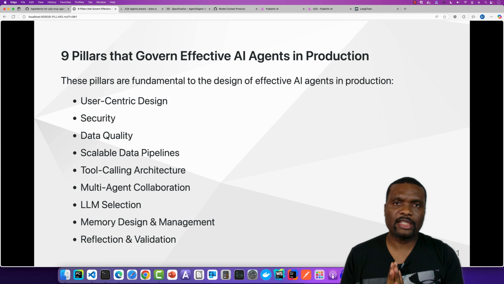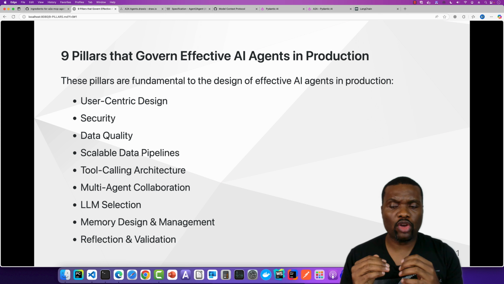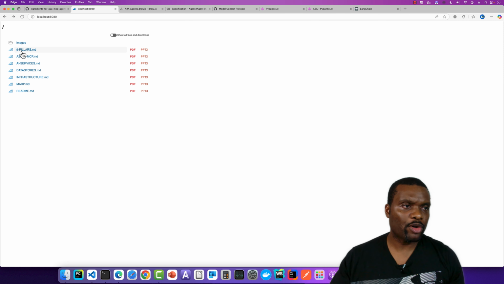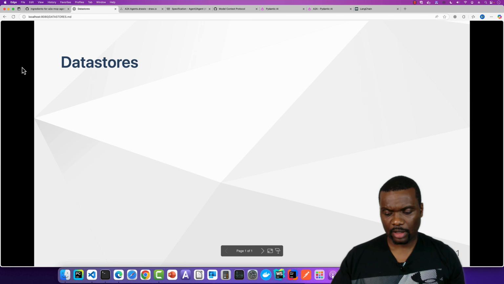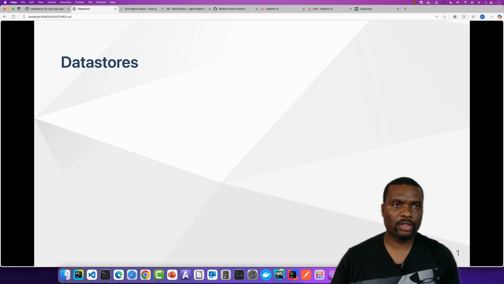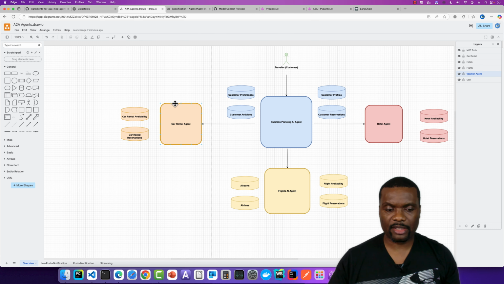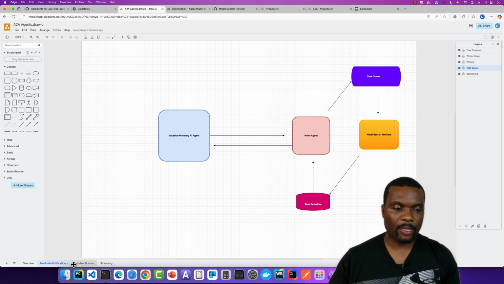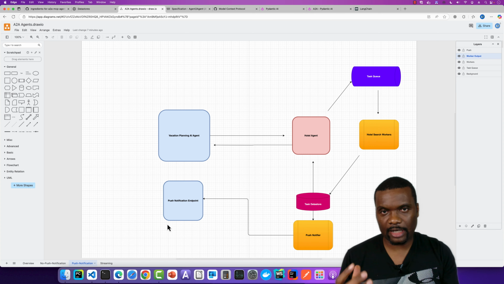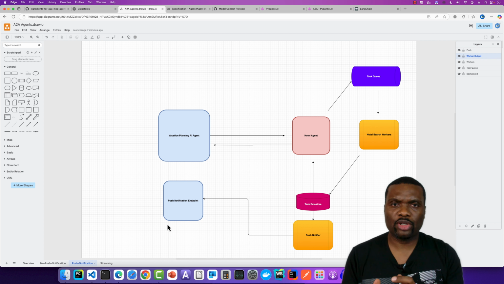So all these things are things you have to have at the back of your mind when you are building agents for production. Now, the next thing I want to cover here is the data stores. In my previous video, I talked about how the agent-to-agent protocol requires collaboration, where we can have a task and then we can end up using queuing systems, using databases, using graph data stores, and all those things to make sure that the agent is